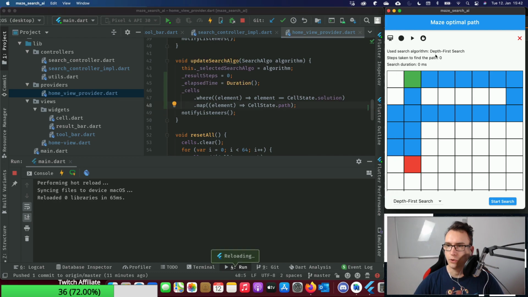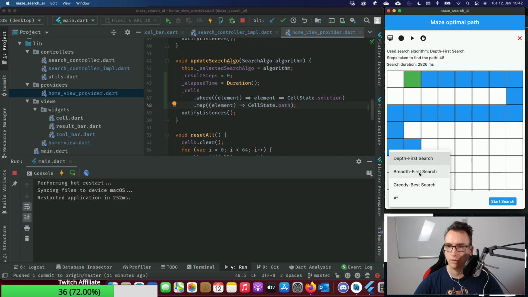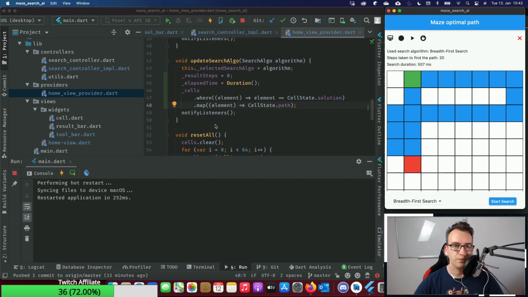So let's see if this works. I select something else. Let's see, hot reload. Okay, I take the first click, second, search for it. No, that didn't work.